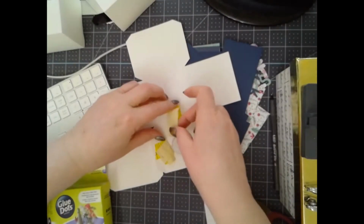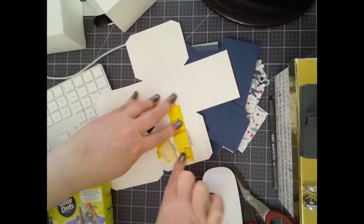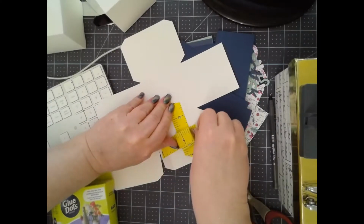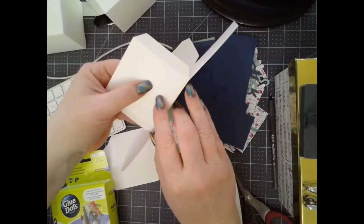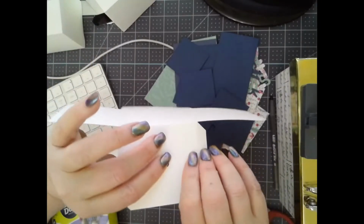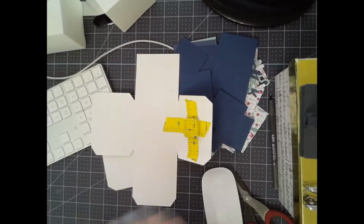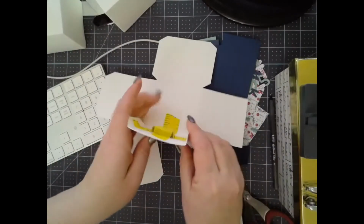And just for a little extra insurance, I'm putting a piece of tape, and I'm running that across one way and then across the other, just for some added protection in case somebody presses it really hard. You don't want them to push it through. It doesn't require a lot of effort. You can just barely touch it and it will sound. So you don't need a whole lot, but just in case,